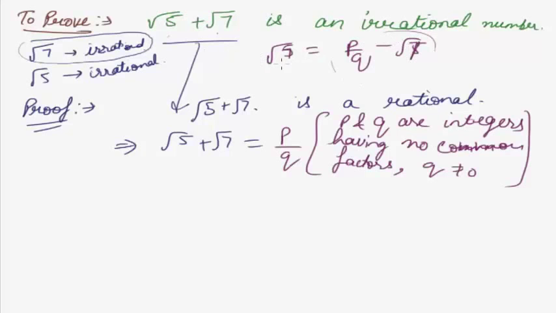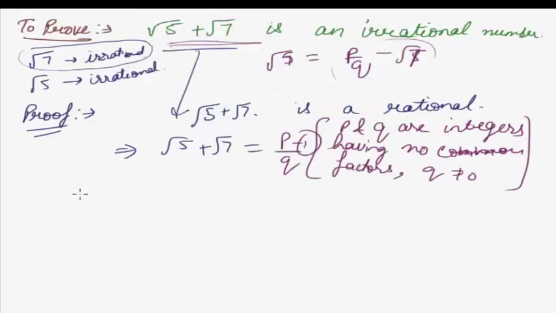So, it will not solve our problem, that is, this complete number cannot be proved to be irrational. So, let us first square